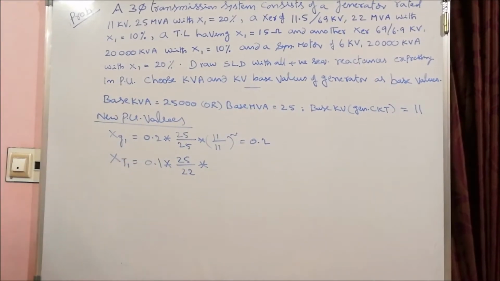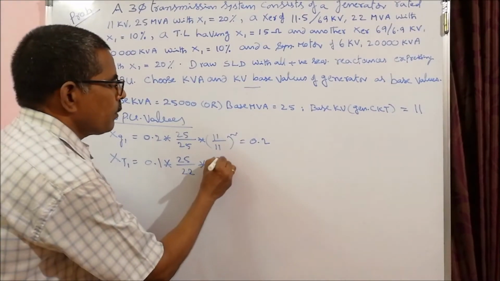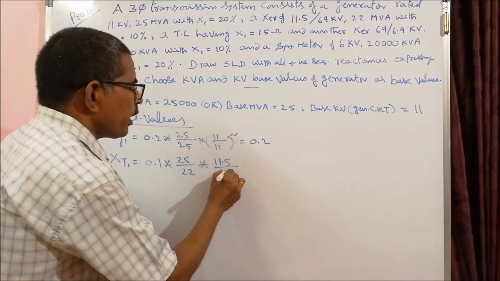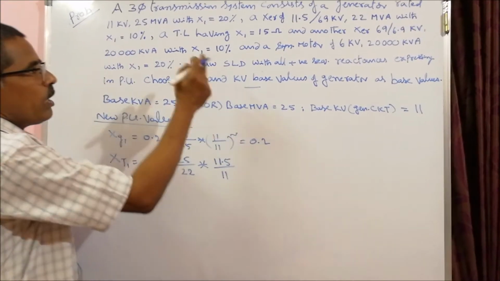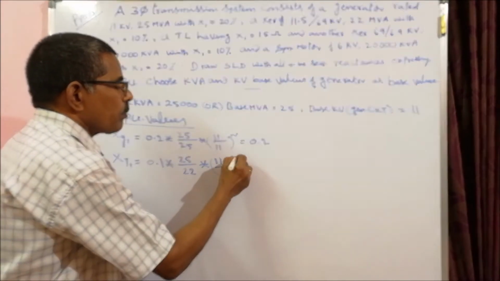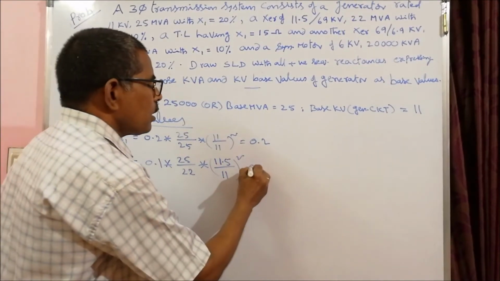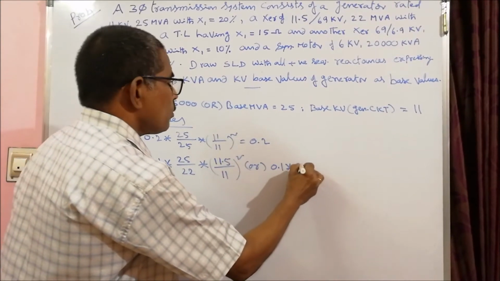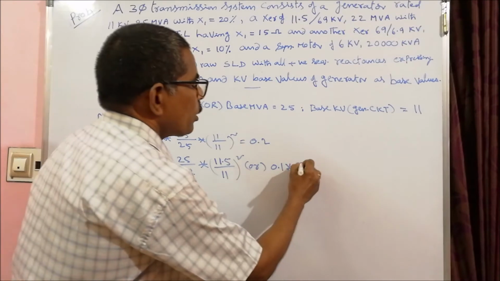Take 11.5 old kV divided by new kV. It is the LV side; if you take the LV side, it is the generator base kV squared, or you can take this as 0.1 into 25 by 22